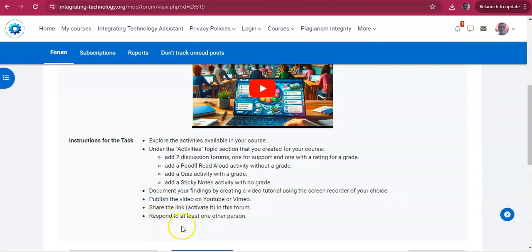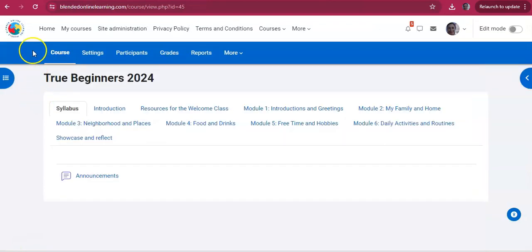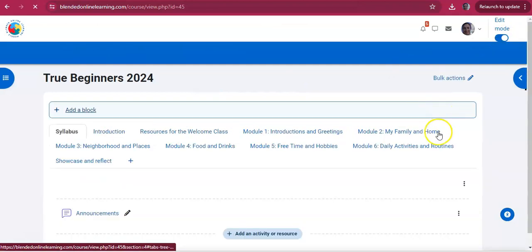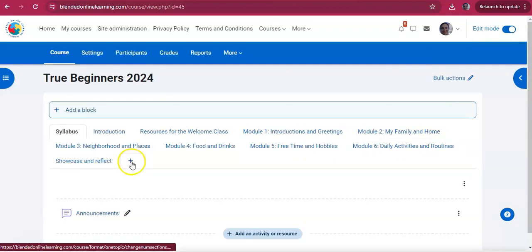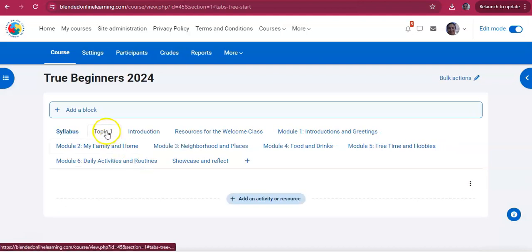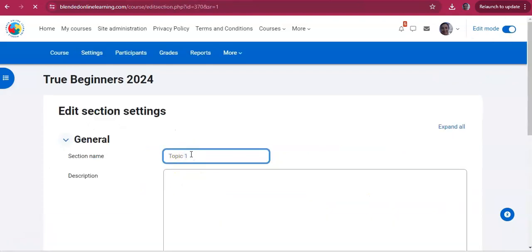So let's get started. Okay, we are on Blended Online Learning in my course called True Beginners 2024. I'm going to click on Edit Mode and I'm going to create a topic section called Activities. I'm going to Edit Settings. I'm going to call this